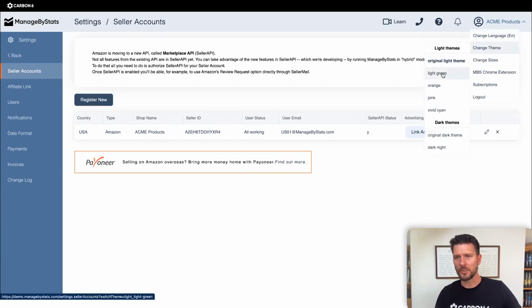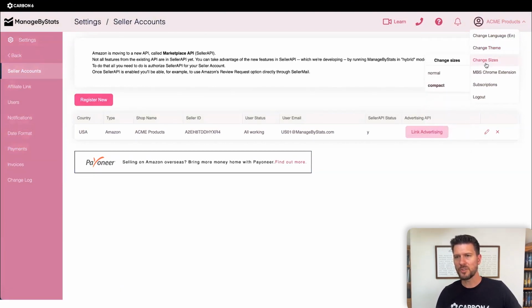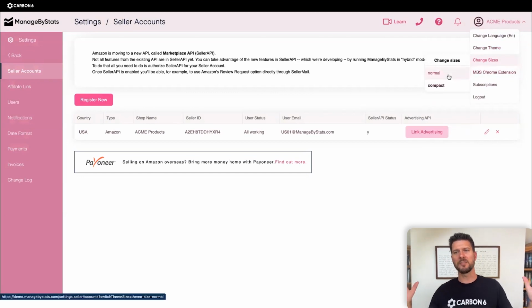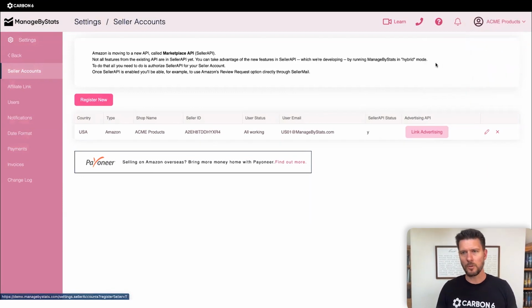You can also do different colors. So if you have different themes that you want to pick from, for the ladies out there, we got pink as well. We also have dark mode, etc. Different views as well. So if you want to cram in as much information as possible, you can use the compact view. It takes the space out of some of the elements in there. Yeah, so a whole bunch of different things.